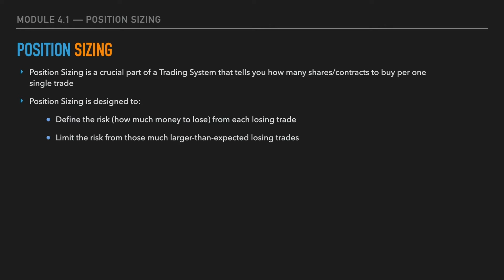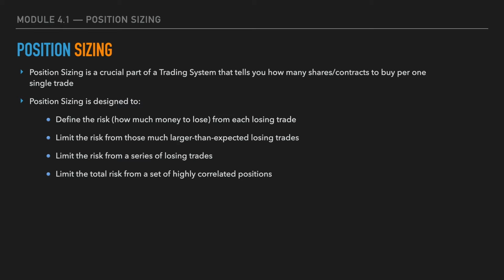This happens quite often in trading, especially if you trade stocks during the earnings seasons. One small earnings miss can cause a 10% crash in your stock overnight. Position sizing can limit the risk from a series of losing trades. It can also limit the total risk from a set of highly correlated positions. And lastly, position sizing can define the total amount of risk to your trading account at any given time, which means at any one time, a proper position sizing allows you to track the maximum amount of money you can lose